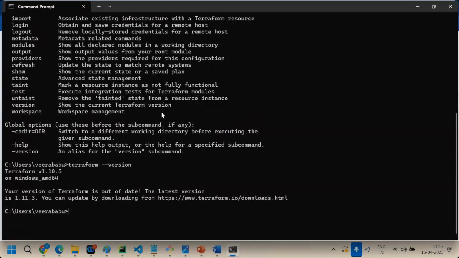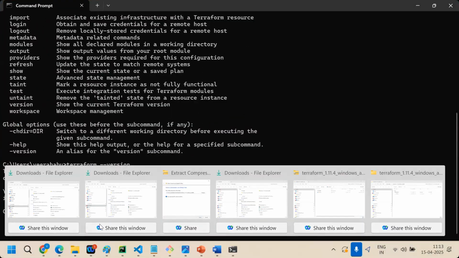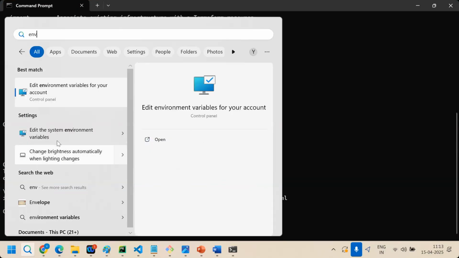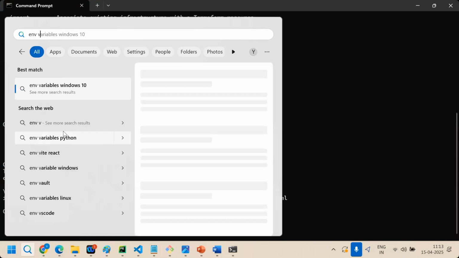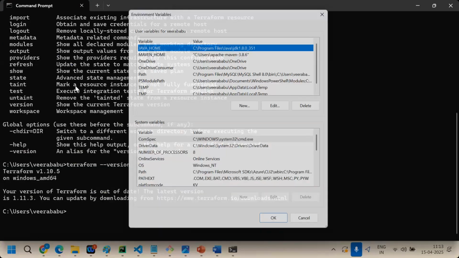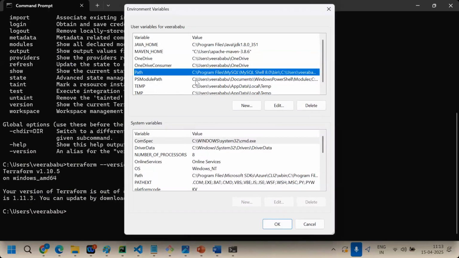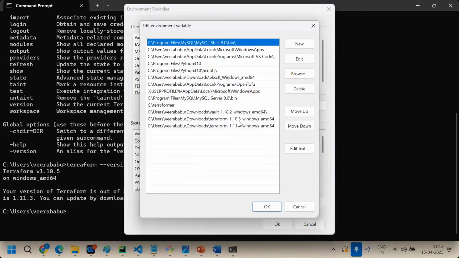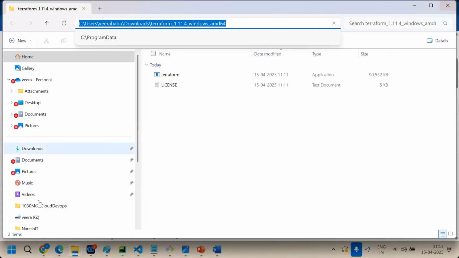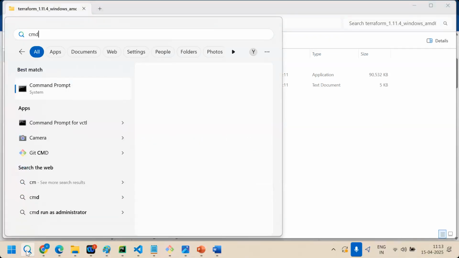I'll do that quickly. Go to env variable, account env variable. Yeah, here only. Go to path, edit. Let me remove this. Delete. Now 1.11.4 only is there. Close this CMD. Open this CMD.